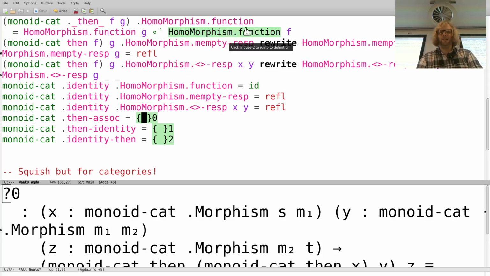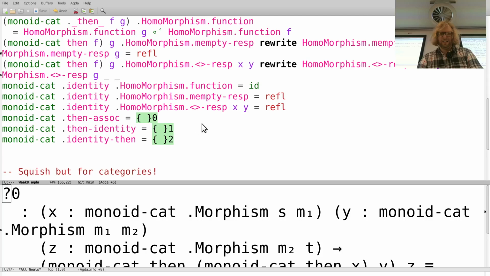So I've said what are my objects? They are monoids. What are my morphisms? They are the functions that play nice with monoids. What's the identity and composition? Well, you compose the underlying function, so you take the underlying identity function, and this will play nice. But we also have to show that this composition is now associative and that the identity really is the identity,